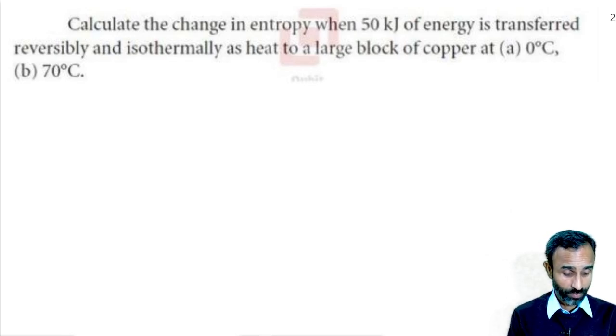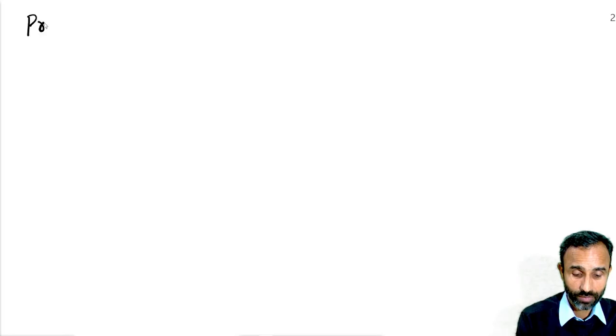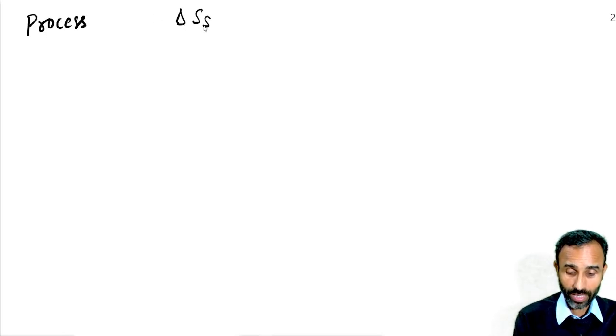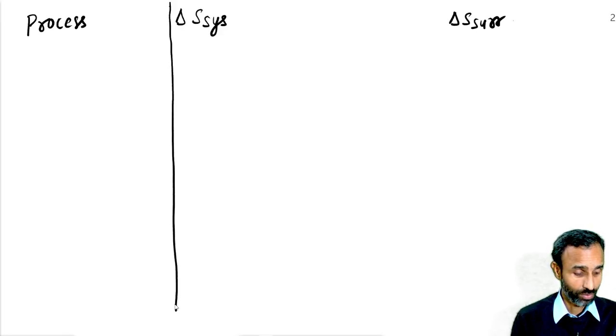So first of all, you will write some values for entropy change. Write the process, then delta S system and delta S surrounding. So first is